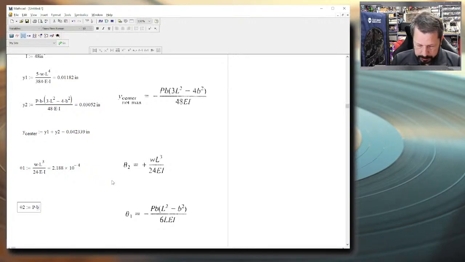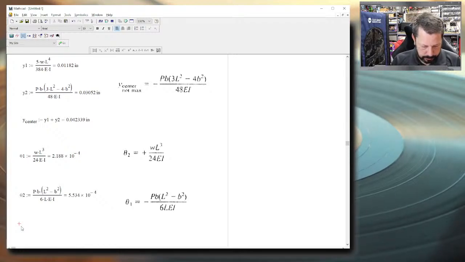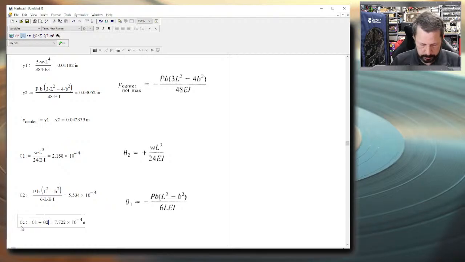P times B times L squared minus B squared over 6 times L times E times I equals, and there's our small little deflection, theta total, or this is at C, right? So theta at C is theta 1 plus theta 2 equals,